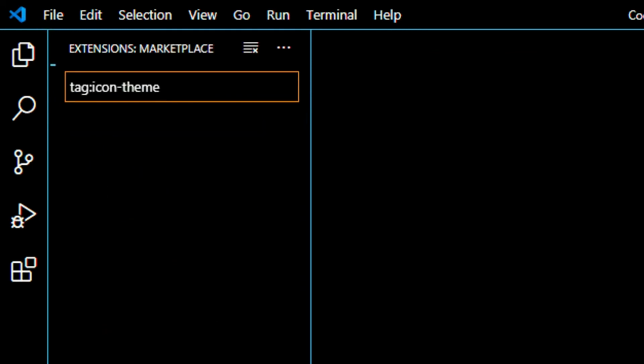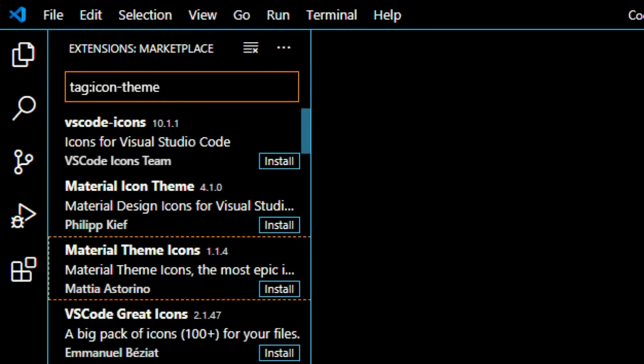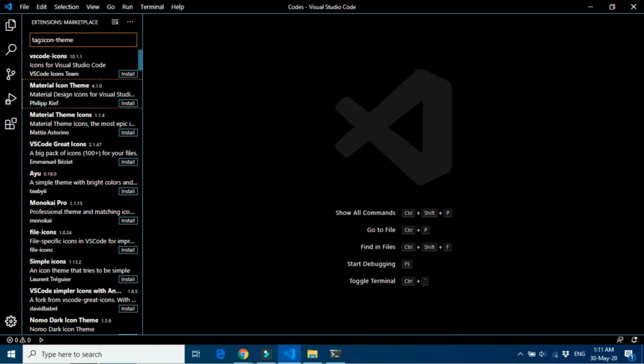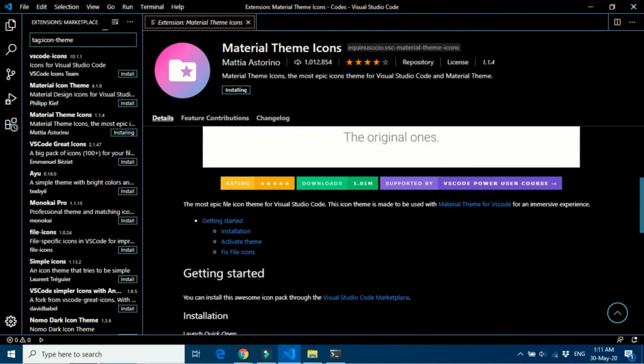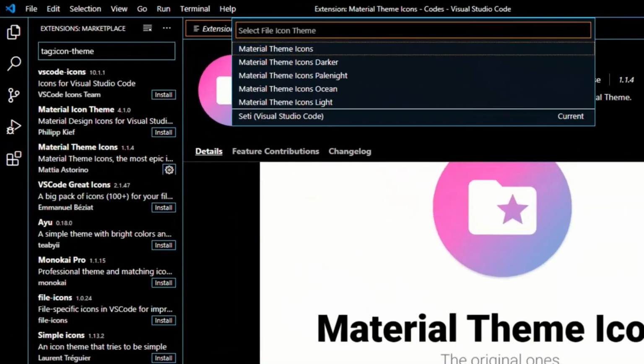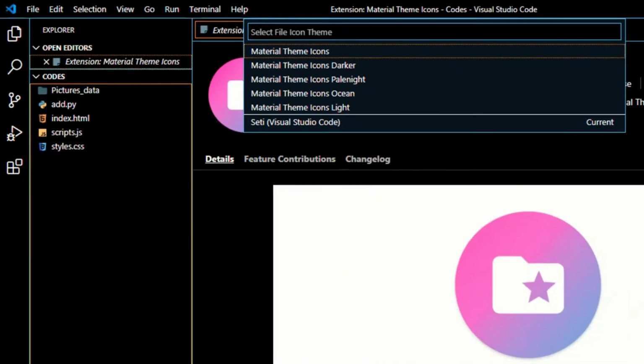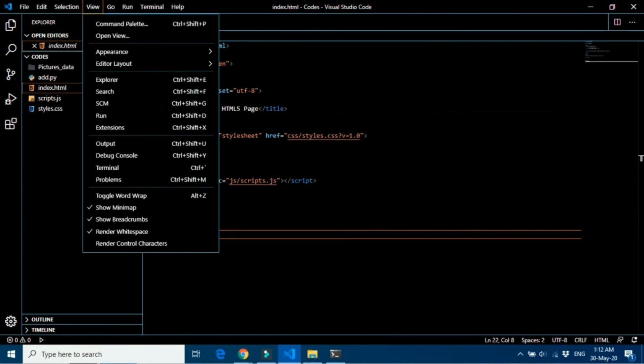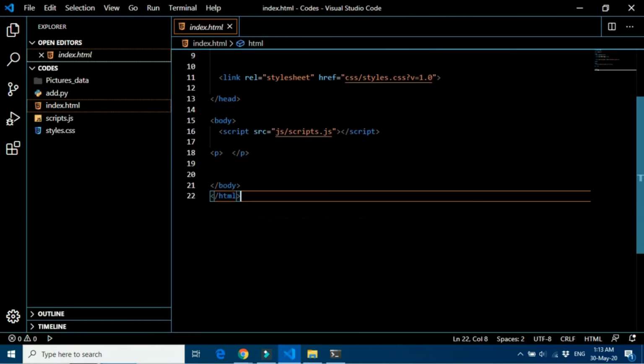You can also install a theme from the internet. Just click on install additional theme. It will take you to the extensions page and will shortlist themes for you. Just for example, let's select Material and click on install. Upon completion of installation, apply it. You can see that it has changed the icons as well.